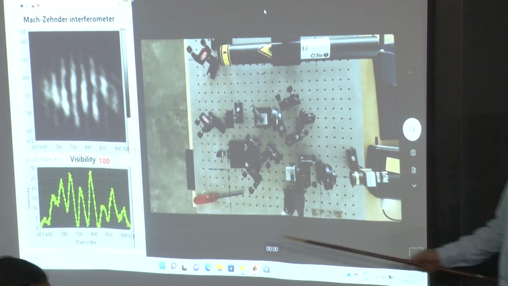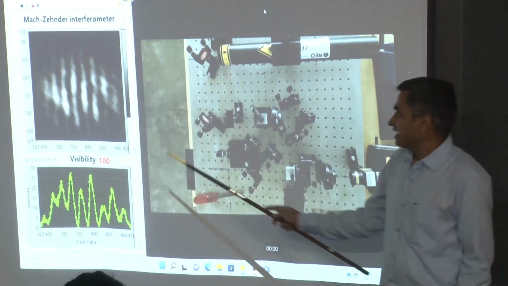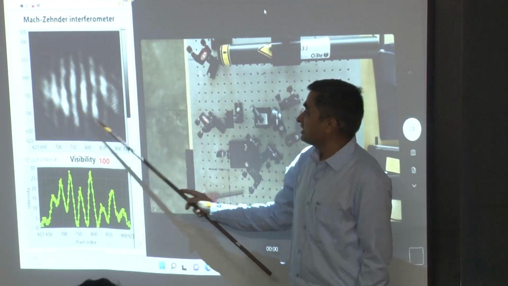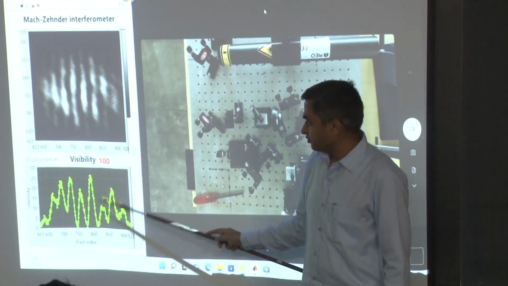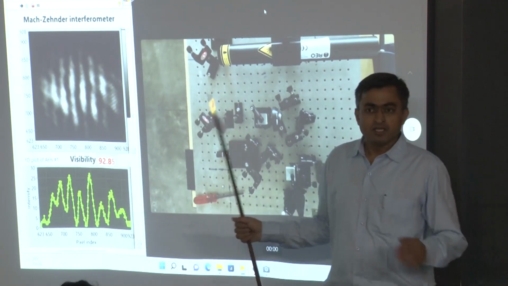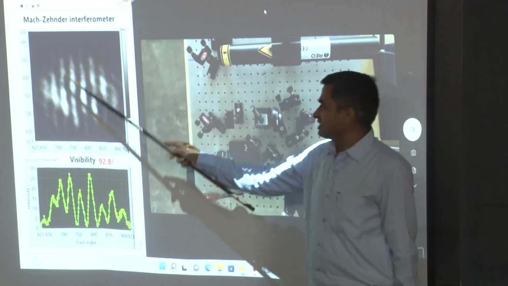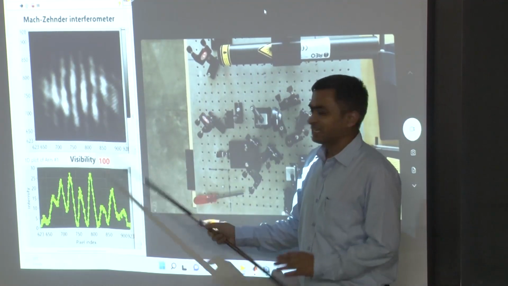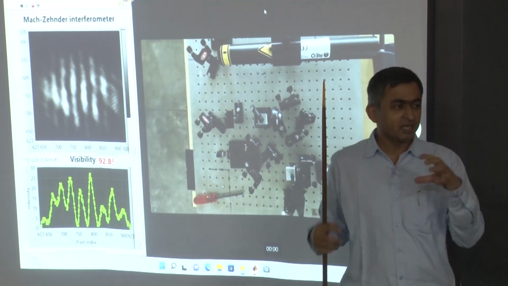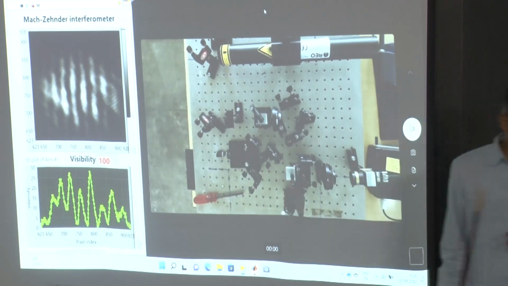But I think one thing you should note is there are very high visibility fringes, right? The intensity pattern is a little messy, but the fringe visibility is 100%. So this indistinguishability has come back, but since I again didn't spend too much money on the polarizer, it is not very high quality, so it does change the beam quality, especially the intensity profile. But the fact that it does come back,